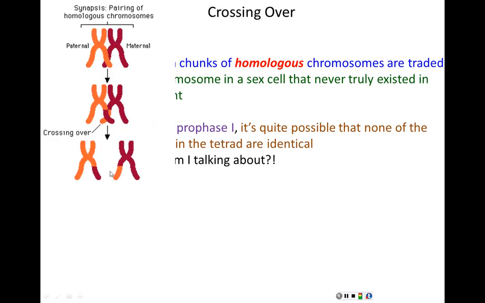In addition, there's the whole idea of having genetic information passed on that never truly existed in the parent. In all of my cells, I have 1 whole chromosome from my dad and 1 whole chromosome from my mom. That's what makes me me. But if I give this, let me go back to my little drawing tool, if I give this